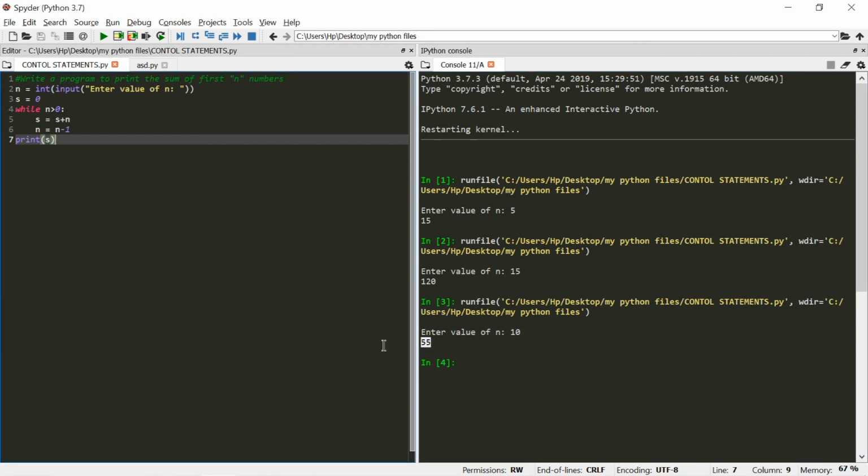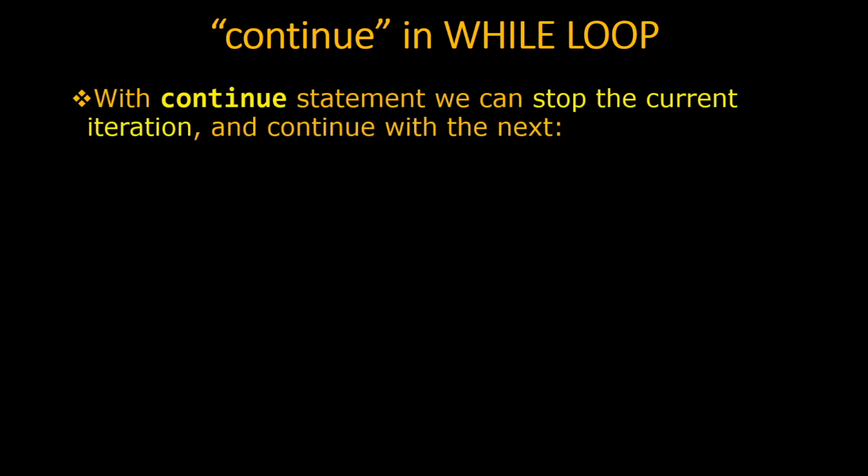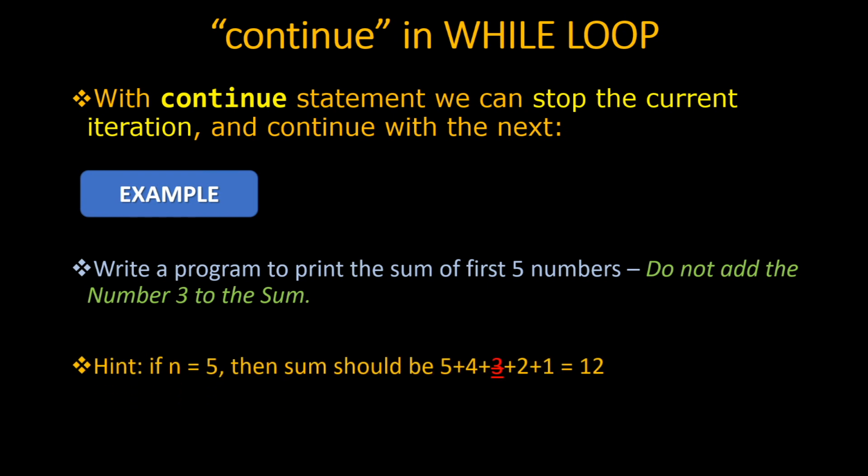Let's go further and talk about continue in while loops. With the continue statement, we can stop the current iteration and continue with the next iteration. Let's consider a small example, which says write a Python program to print the sum of first 5 numbers, but do not add the number 3 to the sum. How do we do that? For that we have a hint. It says if n is equal to 5, then sum should be 5 plus 4 plus 2 plus 1,